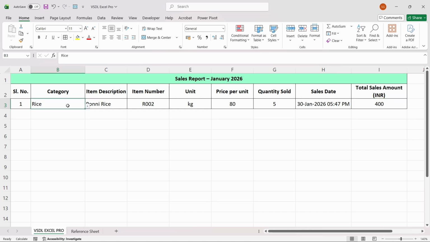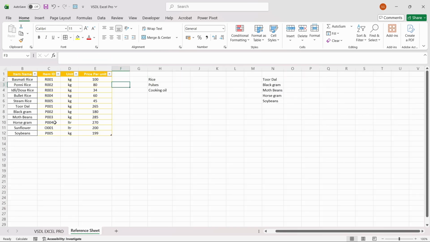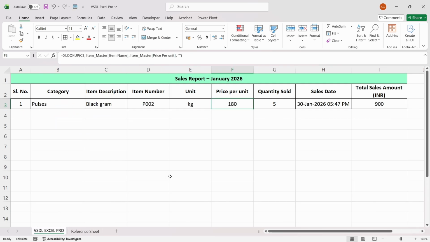So with respect to when I select the rice, we just verify. I'm going to other items, pulses, I'm checking black gram. So the item name, item number, unit, price per unit, everything is changing. Just will check is 180 showing here. The black gram, go and check. Yes, it's a 180. Just I'm changing it to 10. Once I'm changing 10, the date and time also automatically update. So the value also